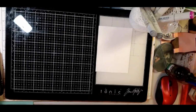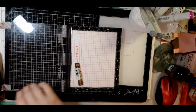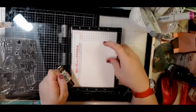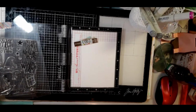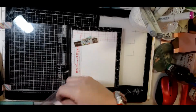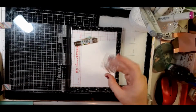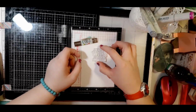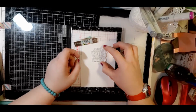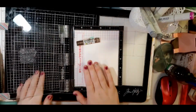So now I'm going to take my piece of Neenah cardstock and the Simon Says Stamp If the Hat Fits stamp set, and I'm going to put my paper into my mini MISTI, which is an amazing tool. Then I'm going to take the sentiment, "You say witch like it's a bad thing," and put that up towards the top of the card front, and kind of center it as best I can. Then I'm going to close the door of the MISTI to adhere it to the window,